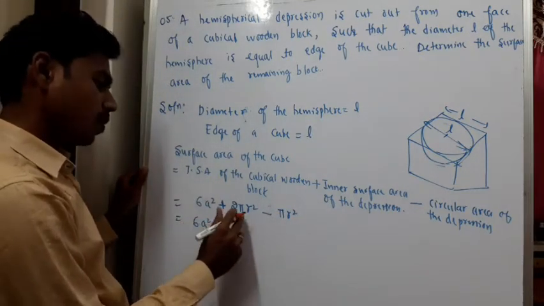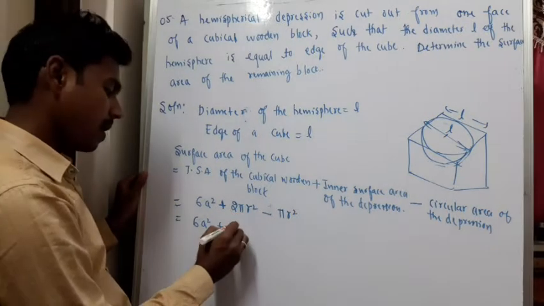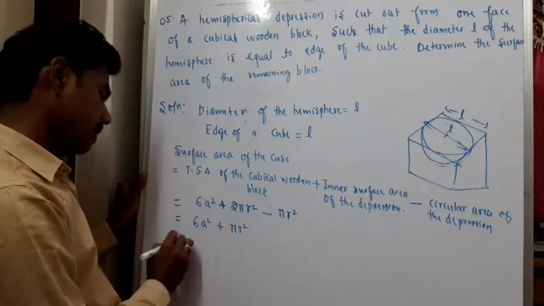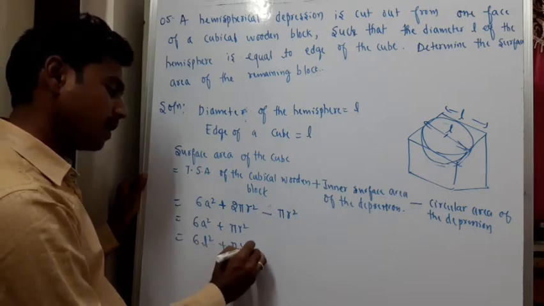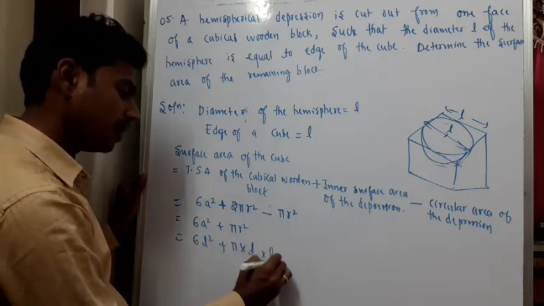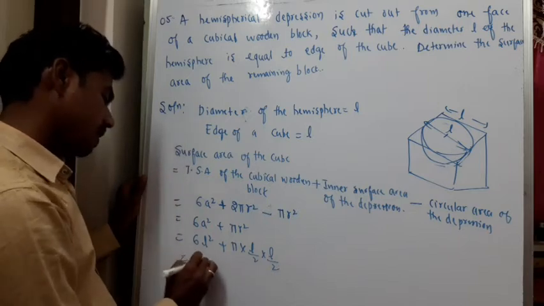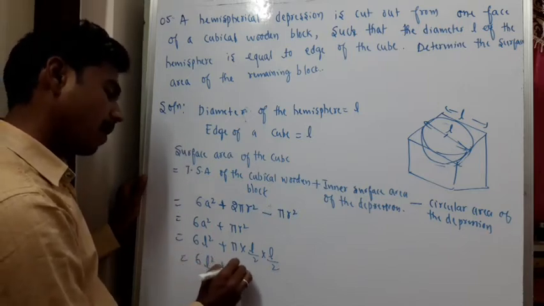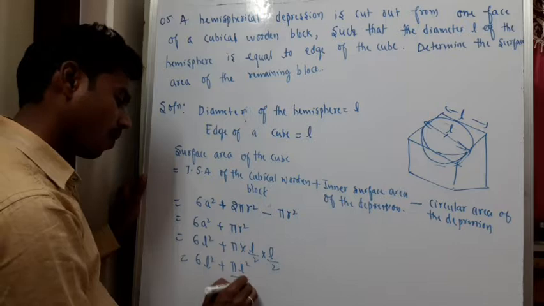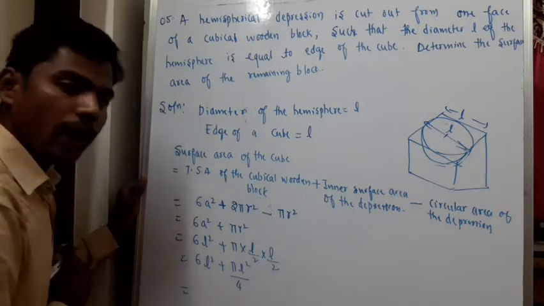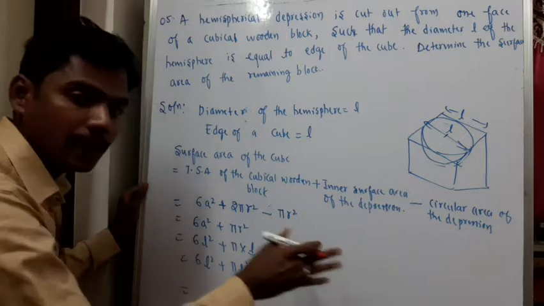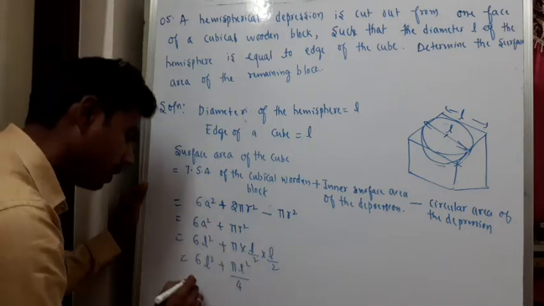6a square, 2 pi r square minus pi r square, that is pi r square. 6l square plus pi into l, r is nothing but l by 2 into l by 2. So 6l square plus pi l square divided by 4. Or else, if I take 4 as common out, so if I multiply the entire thing by 4, that will be equal to,